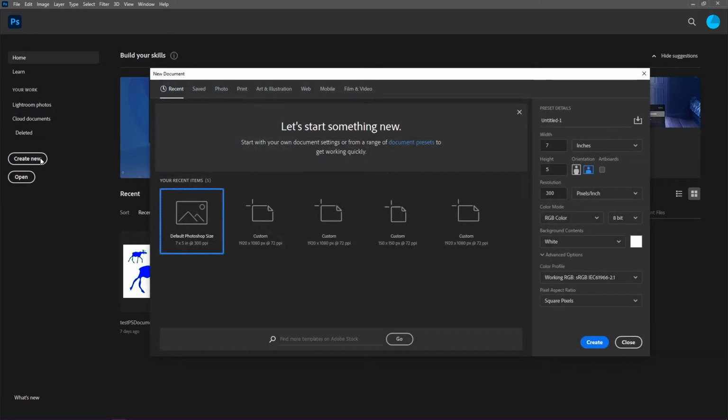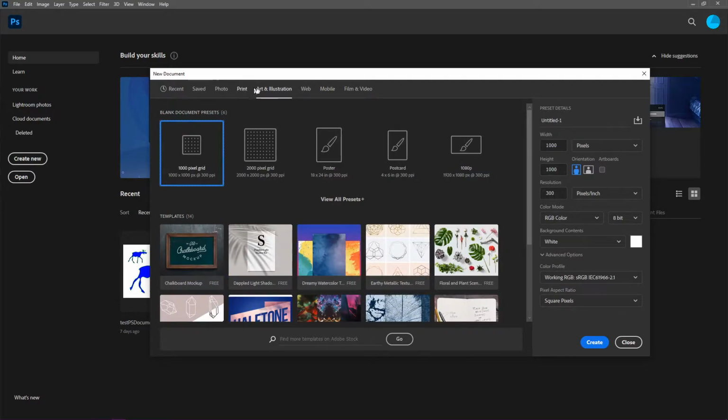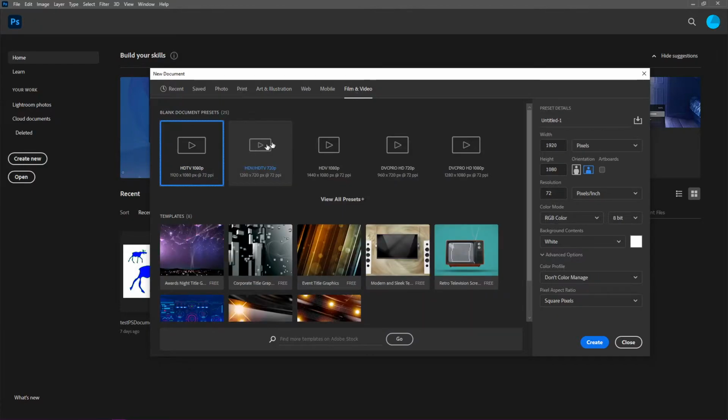Photoshop offers us several different types of projects that can be utilized. So you can see here, for instance, you have photo, print, art, web, mobile, and film. Depending on what type of platform you are designing for can play a role in which of these file types you will be working with. If you click on any of these tabs here, you'll see that you already have some predefined sizes for you to work in here. Just like here you have art and illustration, film and video, you see the different types